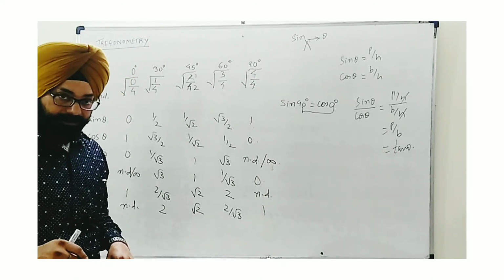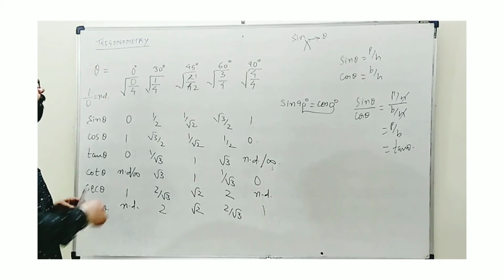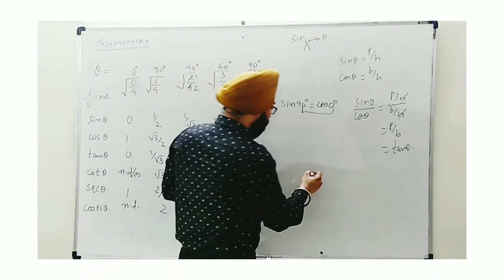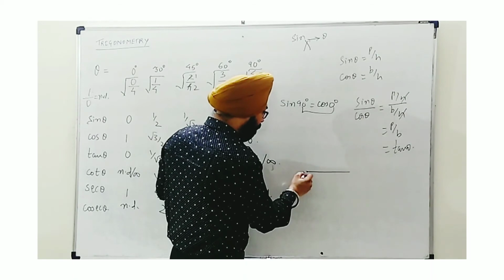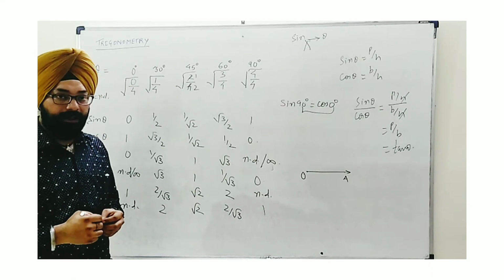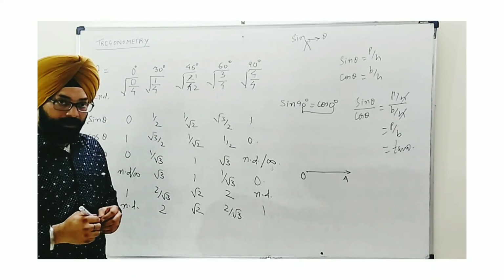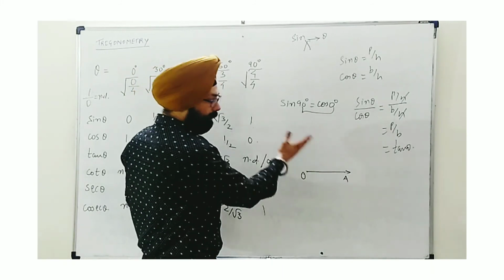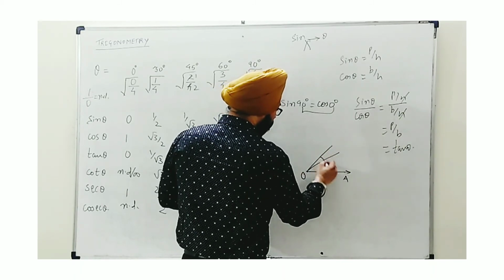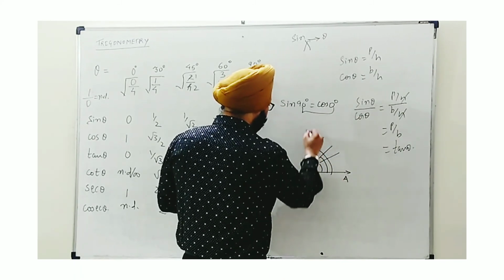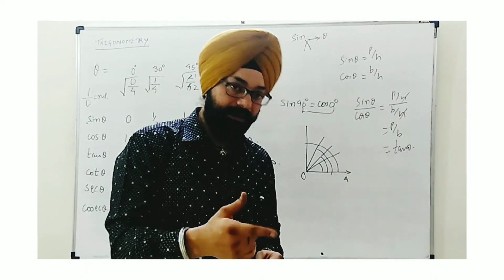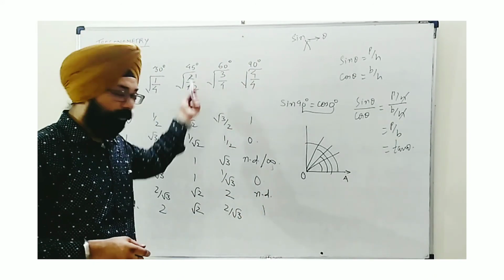But one question arises here. These were specific angles given from 0 to 90 degrees. If I see the position of 0 to 90 degrees, the 0 degree angle I will show like this: this is O, and I consider this to be A. So this is a ray showing 0 degree angle. There is no movement. Now suppose I want to approach 90 degrees slowly. So this will be like 30 degrees, 45 degrees, 60 degrees, and this is 90 degrees. This much. The question arises, do we not have other angles beyond 90 degrees,